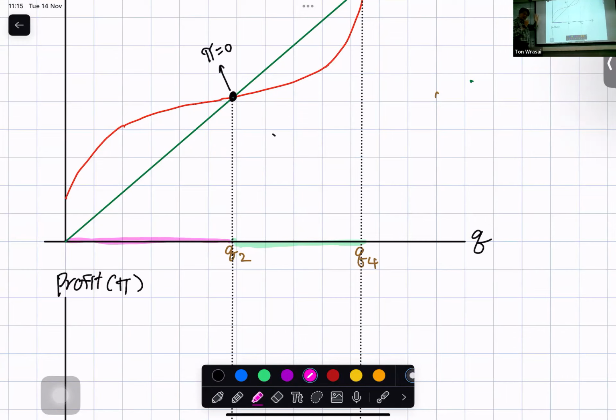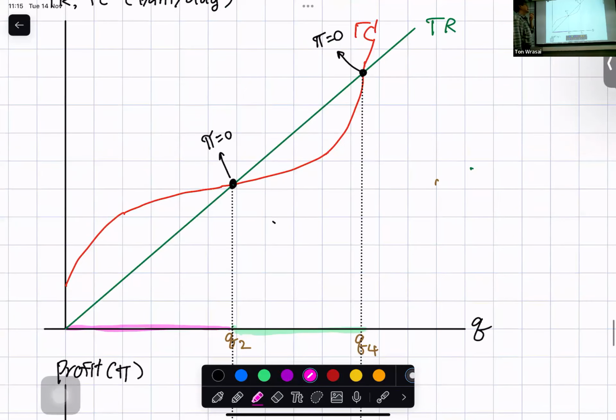Once we realize this: loss, break even, profit equal to 0. Now gain more, gain profits, and then profit equal to 0. Okay. Next,